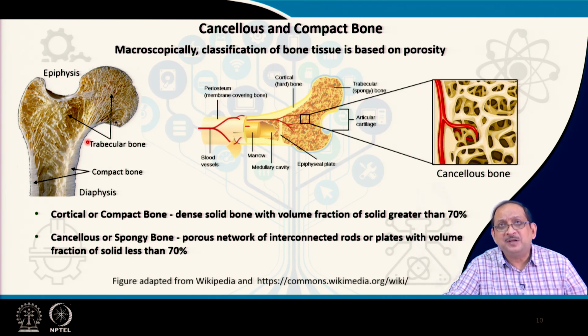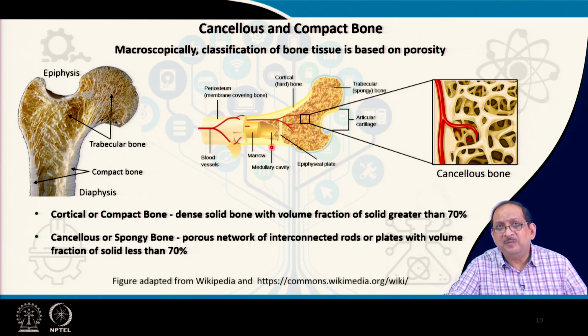We can see the trabecular bone or the cancellous bone and the compact bone regions very clearly. So, here also in the figure we can see the cancellous bone or trabecular bone or spongy bone as it is popularly called, and the cortical bone or compact bone